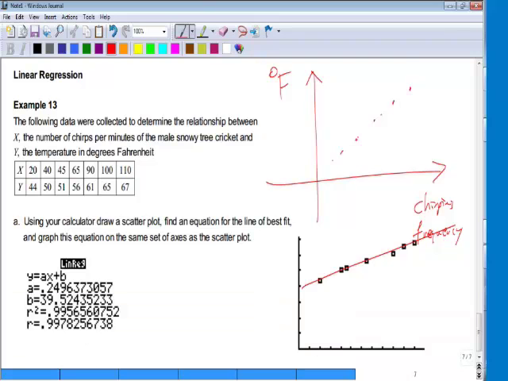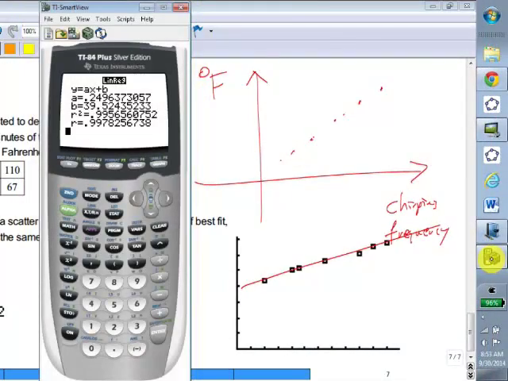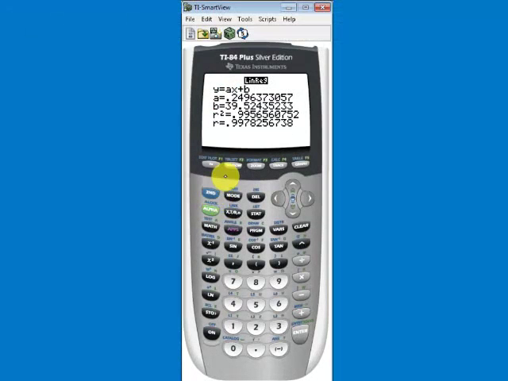Yours, by default, might not have given you the R. If you feel like you're getting shortchanged, and you still have memories of that check you wrote to get this calculator at the beginning of the semester and would like to get your money's worth, I can show you how to get the R. To get the R, you press the second button, followed by the catalog button. The catalog button's on the 0. So if you press second 0,